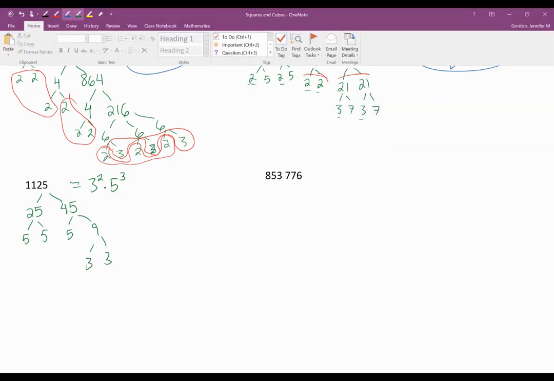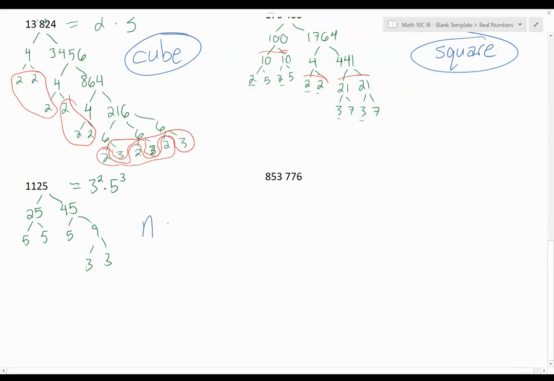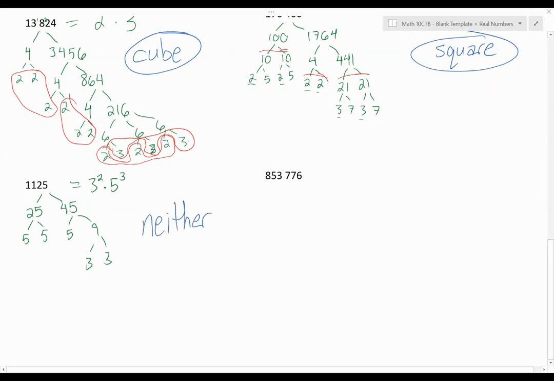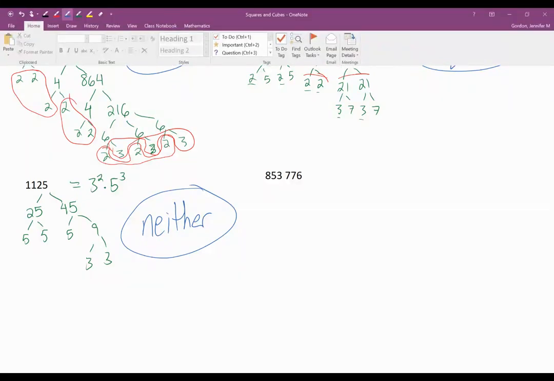So in this particular case, the whole number is neither a square nor a cube, because it has one square factor, 3 squared, and one cube factor, 5 cubed, but it needs to be completely squares to be a perfect square and completely cubes to be a perfect cube. So in this last case,